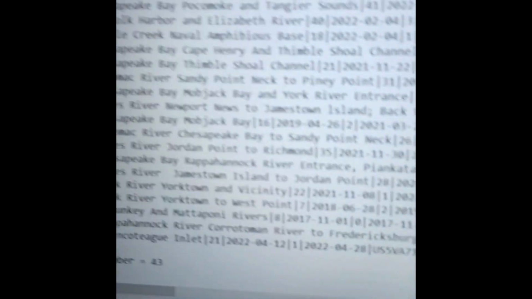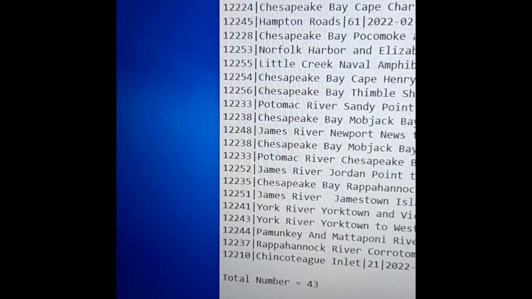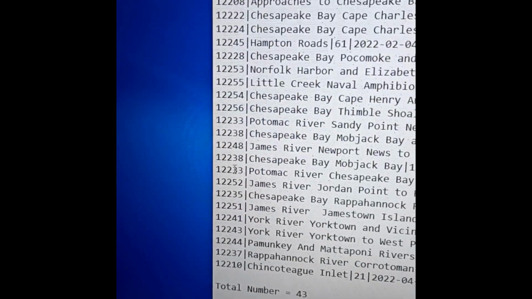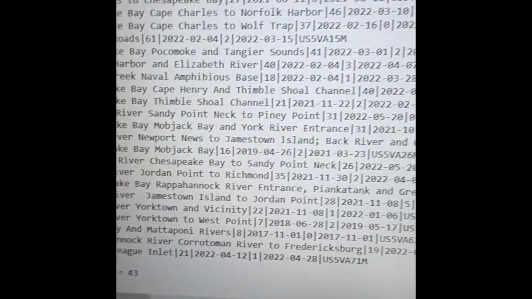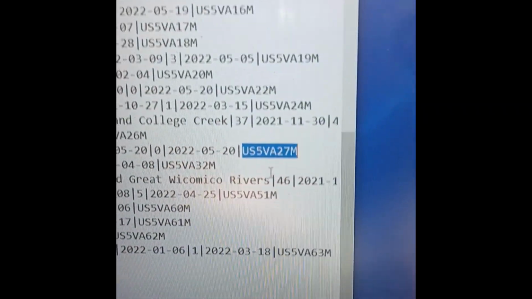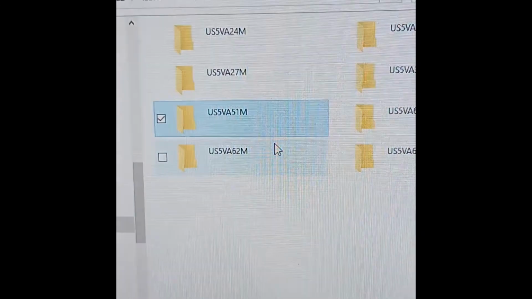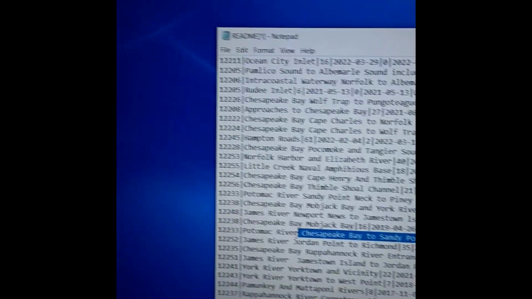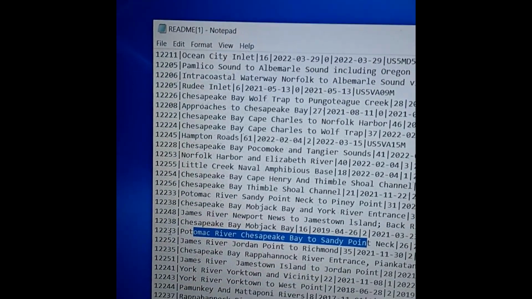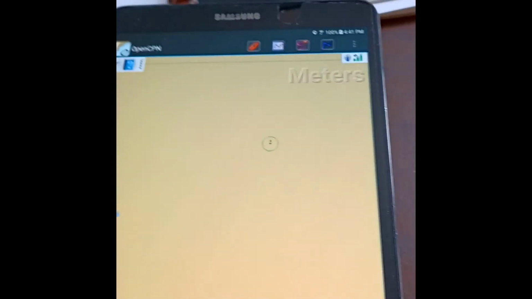And I figured out which ones I needed in the README file. It shows you the actual NOAA chart numbers over here on the left. So I need all of these down in the lower bay. And at the end of the line, it has the file name for where the chart is here. So 27 would be this one. So everything in this directory is for the Potomac River, Chesapeake Bay to Sandy Point chart, which is 12233 in the NOAA charts. Okay, so then in OpenCPN,